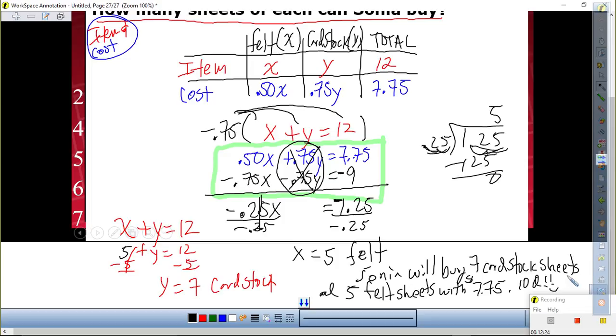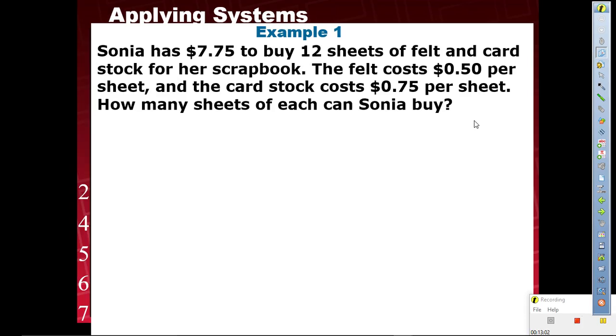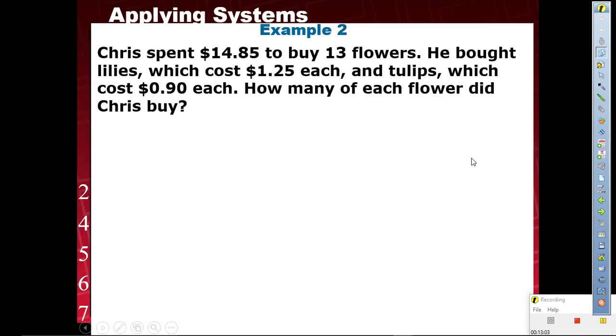Boom, that just happened. So, thank you. Let's do another one. Turn your paper over, copy example 2. Example 2, it says,